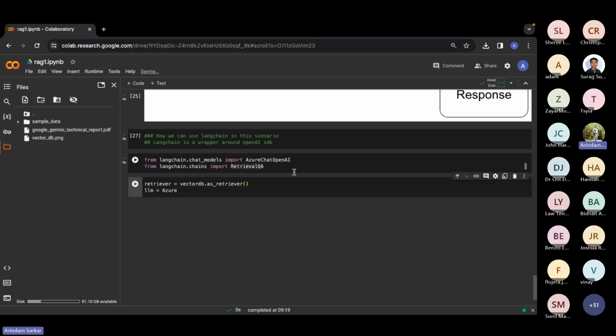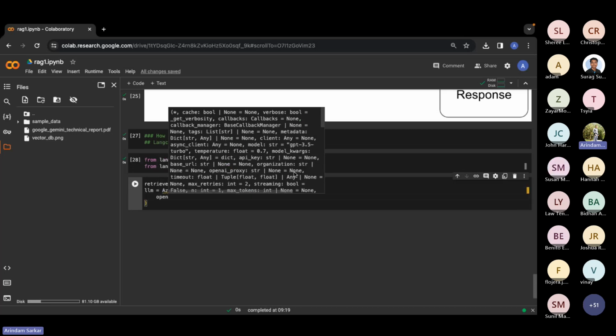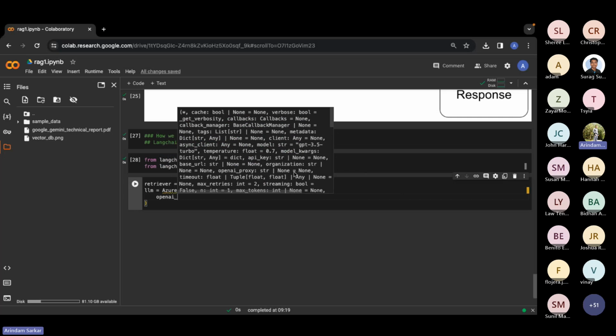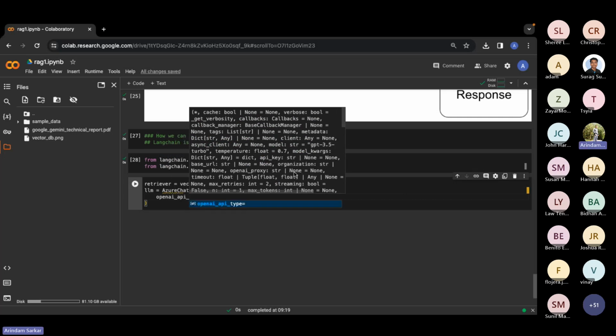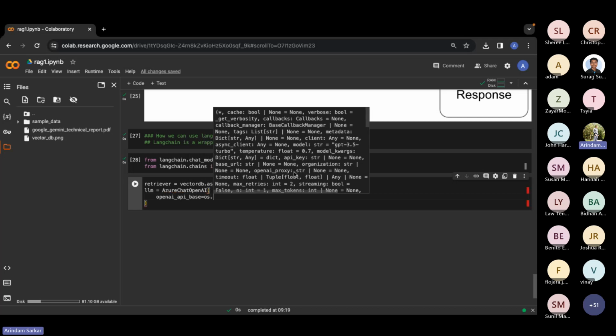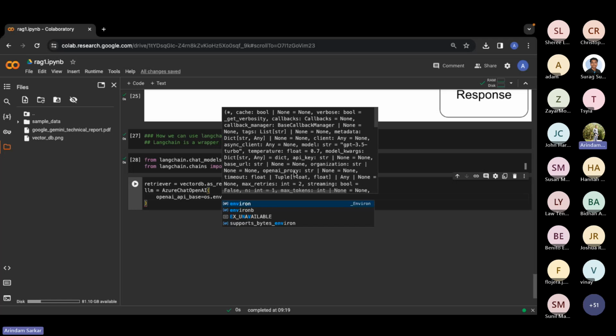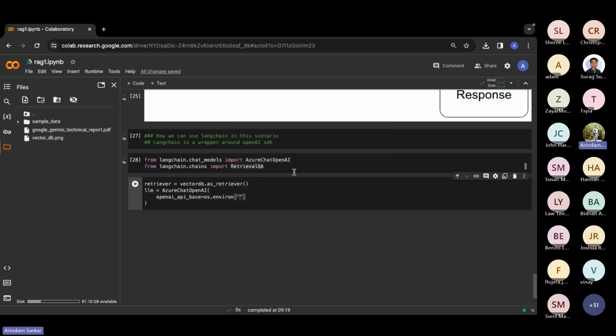Now let's define the Azure chat OpenAI, right? For this one, we have to pass a certain amount of information here. Number one is what is the base that you are using. So if someone is using OpenAI, he has to mention all of these things, like Azure OpenAI.